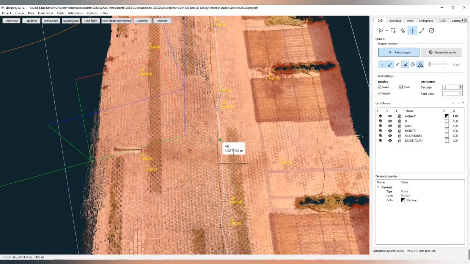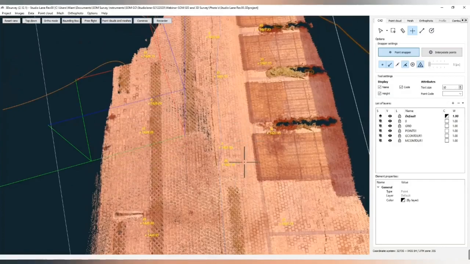Let's maybe go ahead and compare another point, maybe in the middle, and see how it compares. Oh, great, so that looks like about 10 mils, so that's still